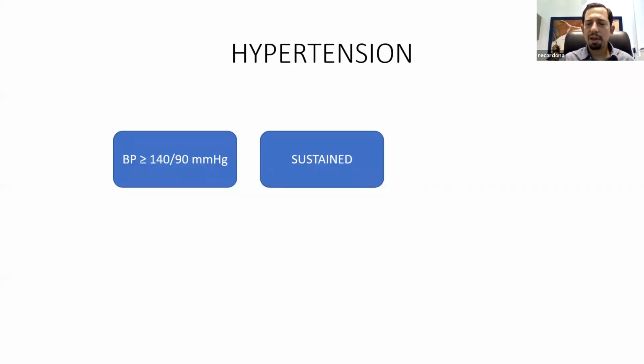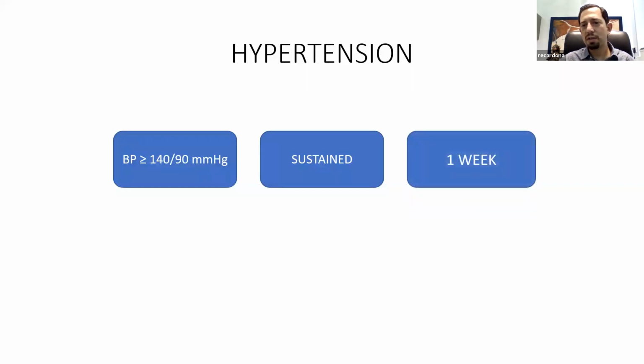When we talk of hypertension, the blood pressure needs to be high when the patient is performing exercise, when he's relaxed, when he's asleep. We're going to have a sustained increase of blood pressure, and this sustained increase needs to remain for at least 1 week. That means if we take blood pressure today and the blood pressure is high, in order to make the diagnosis of hypertension, we would need to see this person once again in at least 1 week. If the blood pressure remains high in 1 week, then we could make the diagnosis of hypertension. If in 1 week the blood pressure is normal, then this person is a person that had an increase in his blood pressure, but he is